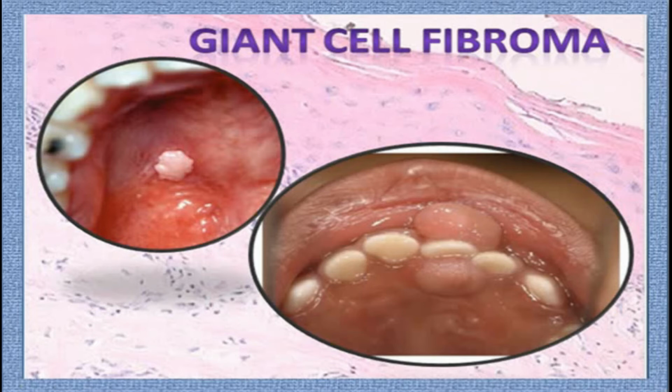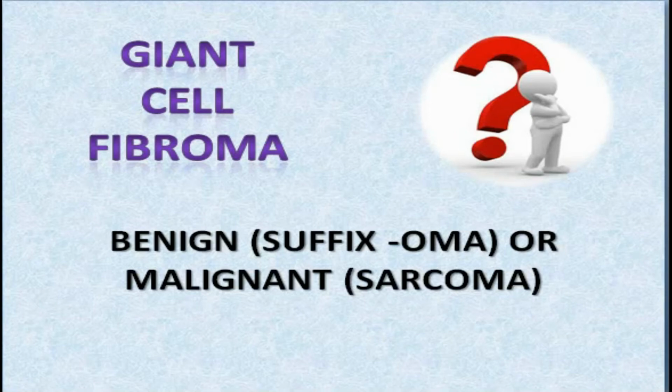Today's topic of discussion is from connective tissue pathology, giant cell fibroma. Connective tissue pathology can be broadly divided into two. First one is benign and second one is malignant. How can we identify whether it is benign or malignant? There will be a suffix added to the basic terminology, then it will be benign. Example is fibroma. Basic terminology is fiber, OMA is added to it, then it will become fibroma. What about the malignant variant? The term sarcoma is added to it. So it will become fibrosarcoma, then it is a malignant variant.